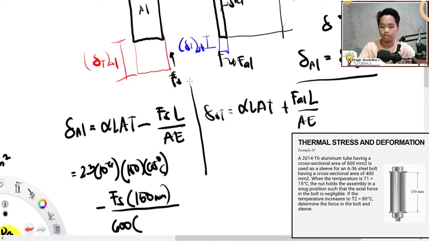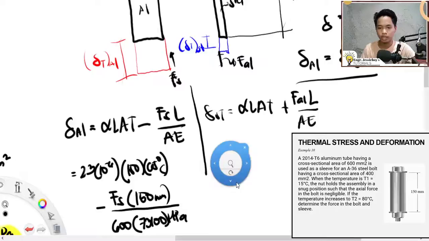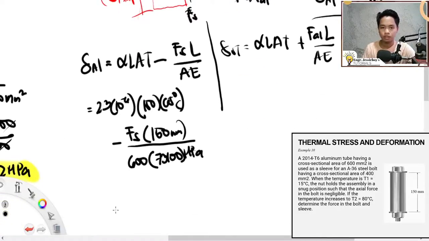Nasa table pangita. That is 73.1 gigapascal, di ba? So that would be 73,100 MPa. Therefore, we can simplify your deformation of your aluminum, that would be equal to 0.22425 minus,